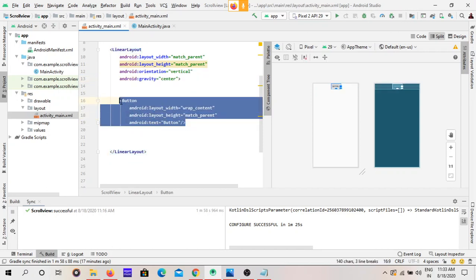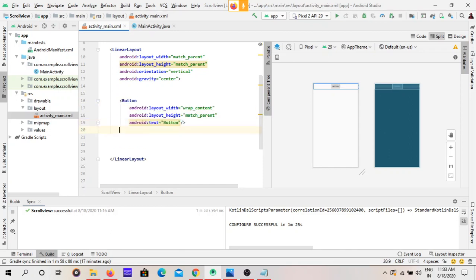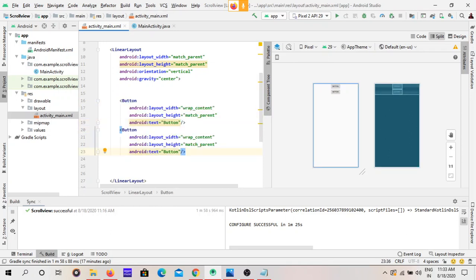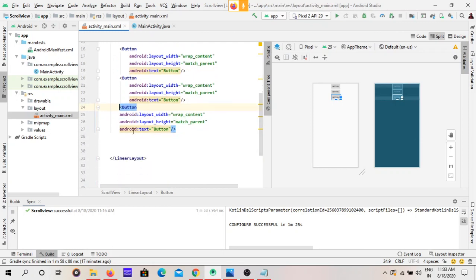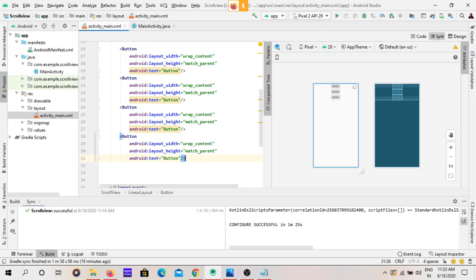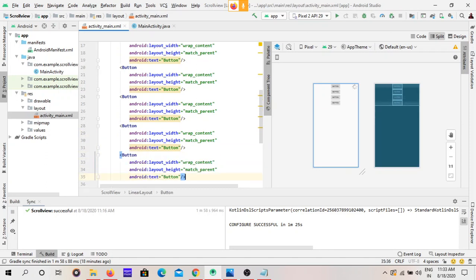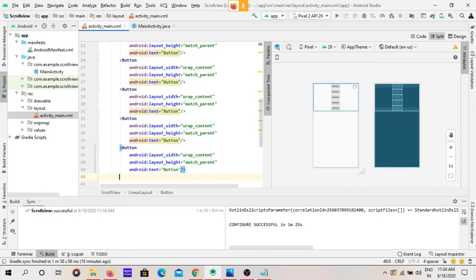Okay, now add 10 buttons. Here one button is added, 3 buttons, 4 buttons, 5 buttons, 6 buttons, 7.